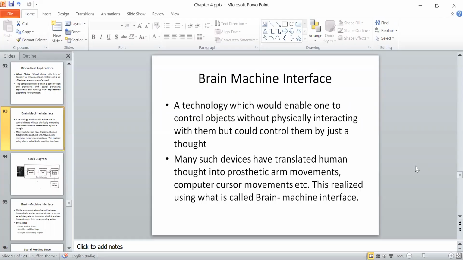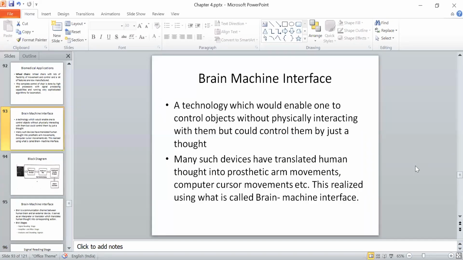work on this technology, and these devices are usually able to translate the human thought into the movement of some prosthetic organ, like आपका prosthetic arm है, leg है, you just think कि मुझे forward move करना है, तो वो leg automatically forward move करने लगेगा। या आप कंप्यूटर के कर्सर को मूव करना चाहते हो, तो यू जस्ट थिंक इन योर ब्रेन दैट आई हैव टू ब्रिंग द कर्सर ऑन दिस पोजीशन ऑफ द स्क्रीन, एंड द कर्सर विल ऑटोमेटिकली मूव टू दैट, यू आर नॉट टचिंग एनीथिंग। ठीक है, आप अपना हेड भी मूव नहीं कर रहे हो, कुछ भी मूव नहीं कर रहे हो, आप फिजिकली कोई एक्शन परफॉर्म नहीं कर रहे हो, यू आर जस्ट थिंकिंग दैट थिंग इन द माइंड। ठीक है, और बेस्ड ऑन दैट action will be performed.